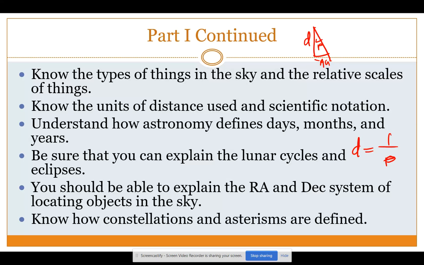Lunar cycles. Where do we start the lunar cycles? On which phase? New moon. New moon is the first phase. And then as you go through, just name the phases. Go for it. New moon, then waxing what? Waxing crescent. Then